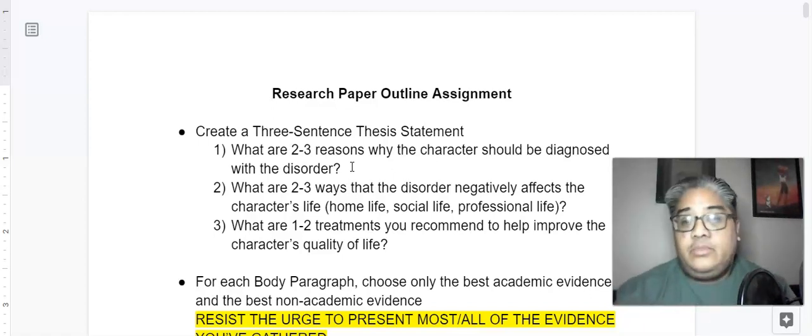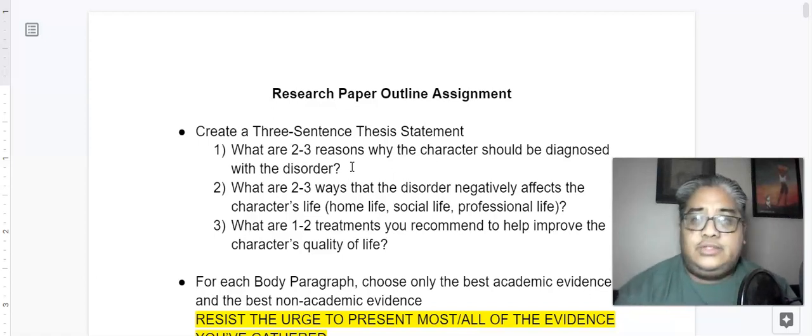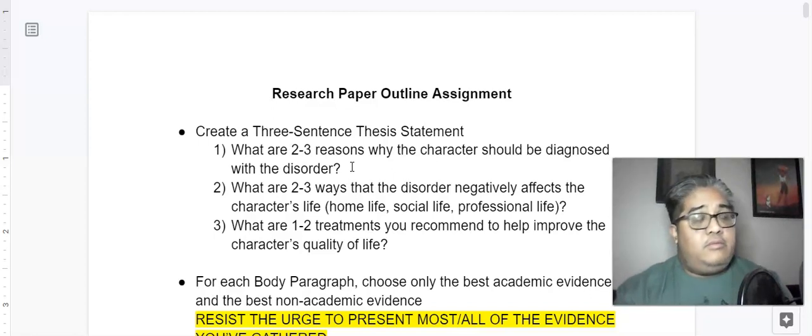Thesis statement sentence number 2 should answer the question, what are 2 or 3 ways that the disorder negatively affects the character's life? And you can think of the character's life in 3 general categories. Their home life, so family, mother, father, brother, sister, significant other, children,